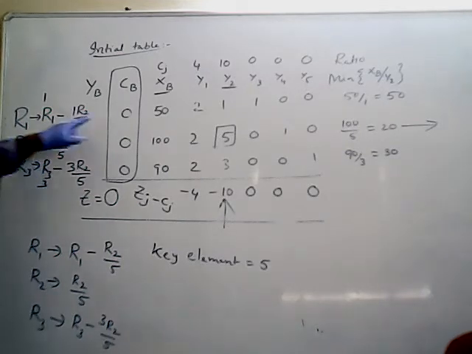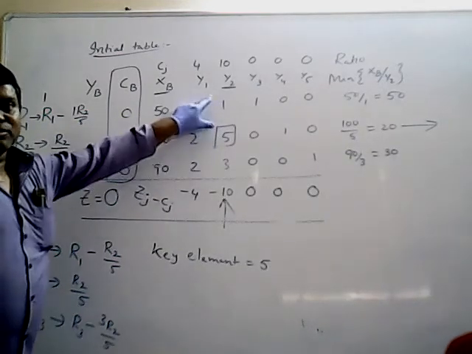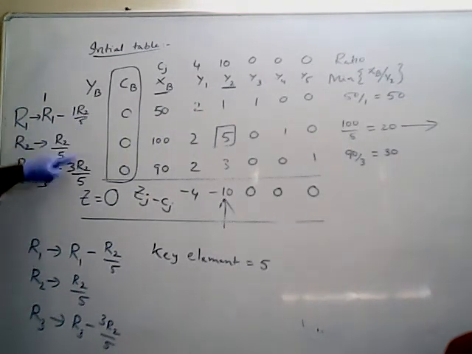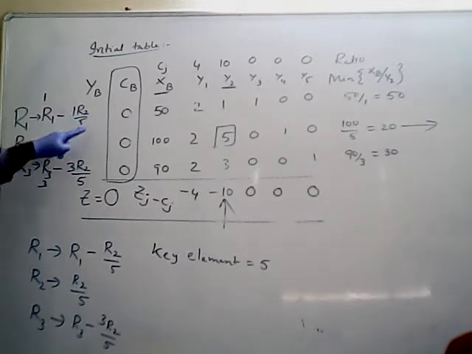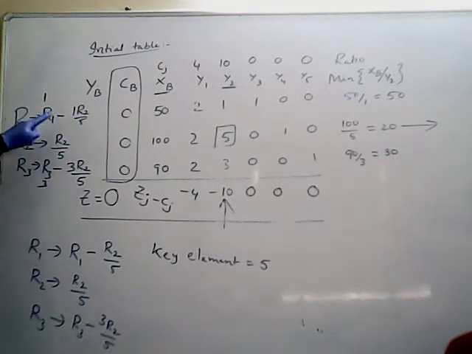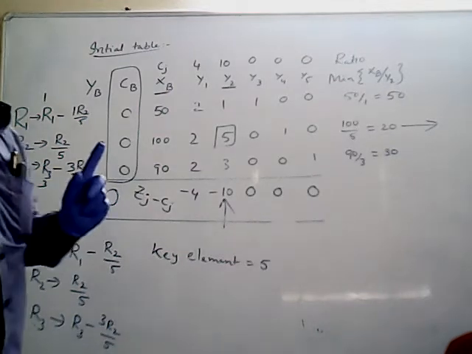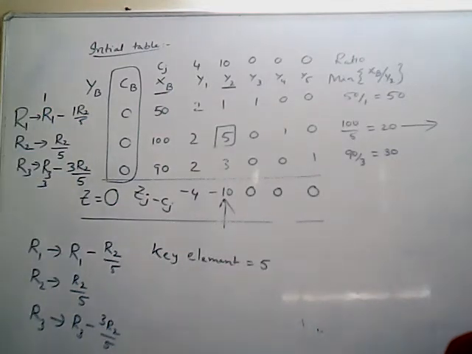Same signs are there, put minus, opposite signs are there, put plus. Same signs means I am putting minus. Next, whatever key element operation that should be copied here, under R2 by 5. Next, go for R1 element. R1 element is 1, R3 element is 3. That should be multiplied here. That means 1 into R2 by 5 and 3 into R2 by 5. So finally, these are the operations for the second table.